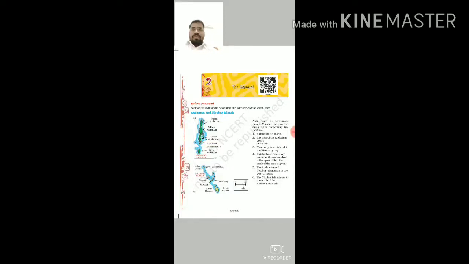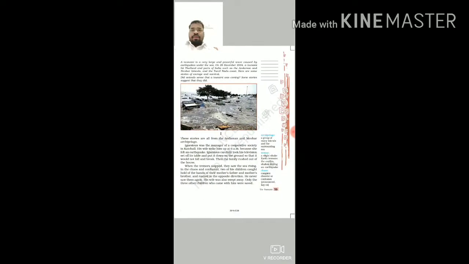So guys, just take a look at it. Many destructive causes are there which can damage life and property. So tsunami is also one of them. We can also consider natural disasters like earthquake, tsunami, volcanic eruption. Among that, what is a tsunami? What happens when it strikes any country? What problem does it create? So let's have a look.